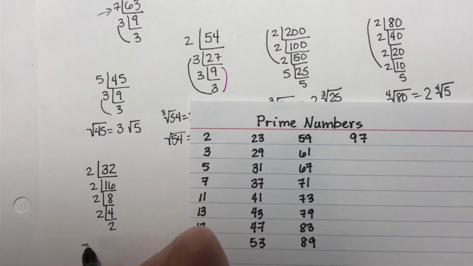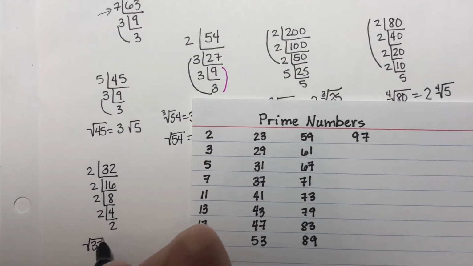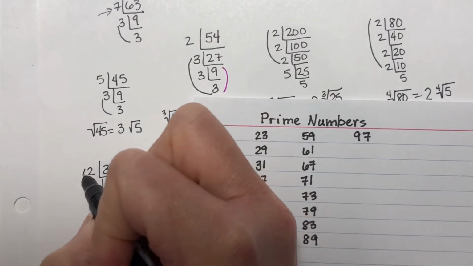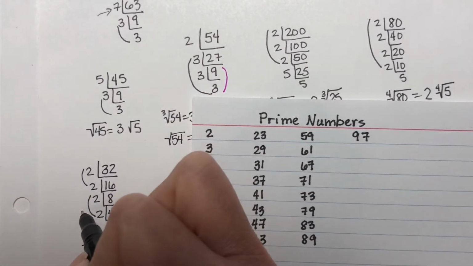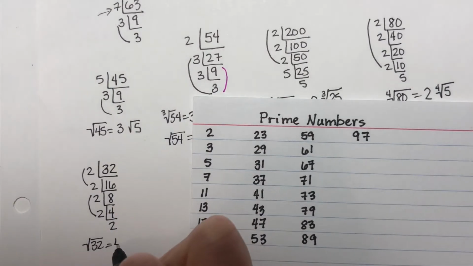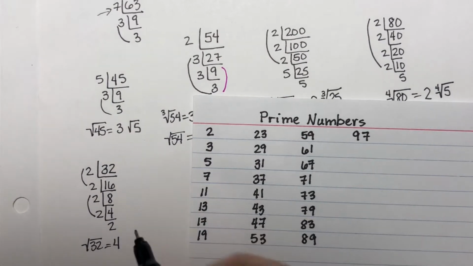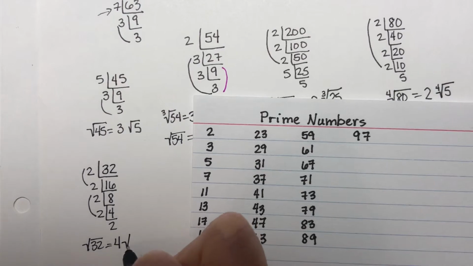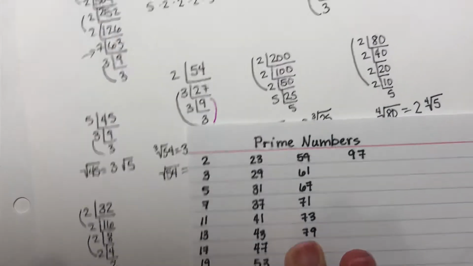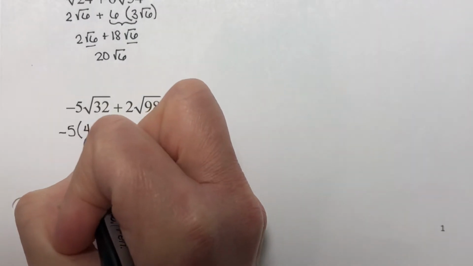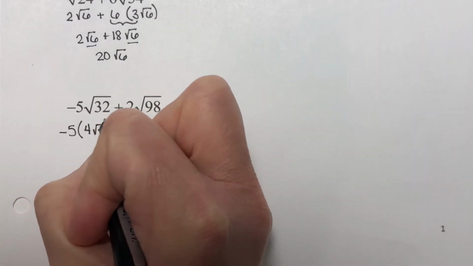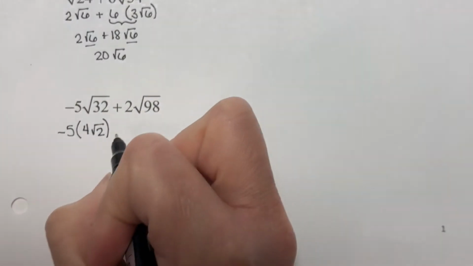If I'm looking for the square root of 32, I'm looking for pairs. I have a pair of 2's, and I have another pair of 2's. So a 2 comes out, another 2 comes out. 2 times 2 is 4, so a 4 is on the outside. And I have a 2 left over, so it's 4 times the square root of 2. So right here, I write 4 times the square root of 2, plus